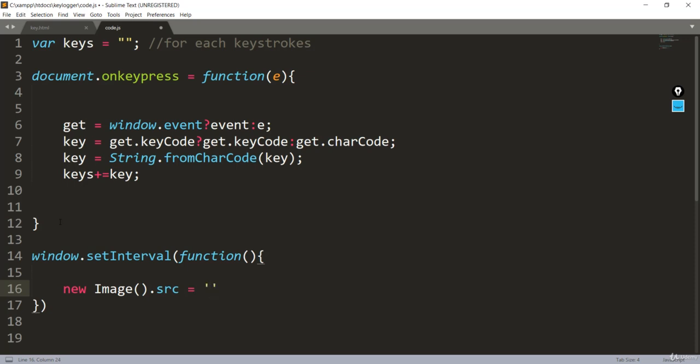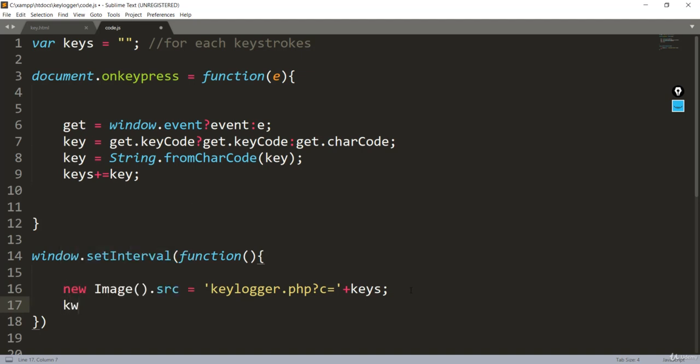Let's see, we have not yet created this keylogger, which is basically the PHP file which will be responsible for sending the keystrokes to the data file or a text file. So this is some URL. I'll discuss in the next lecture how this works, but for now you can simply see we have passed keylogger.php, which is yet to be created, with these keys. So we just pass the keys with the new image file. We are just sending data as a GET request by creating a new image.